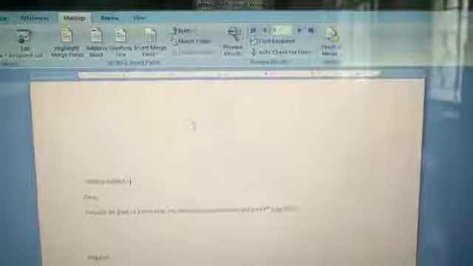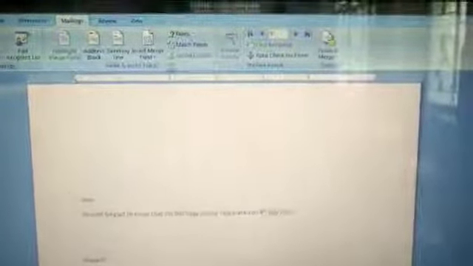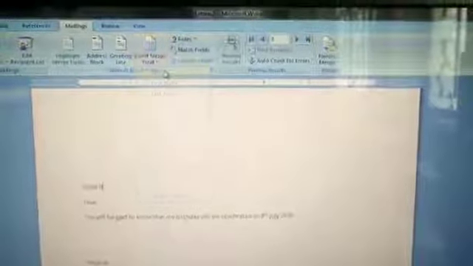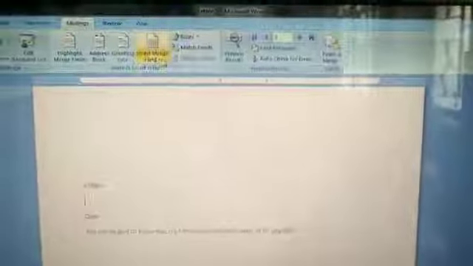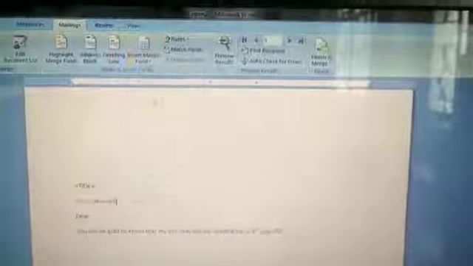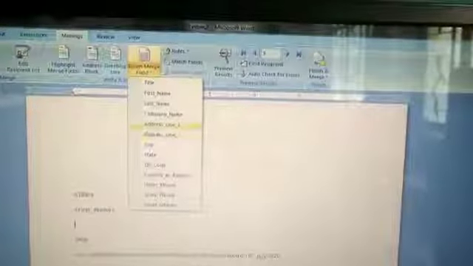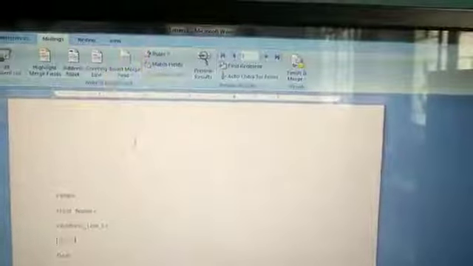This time we will not use the address block. This time we will use Title, enter, First Name, enter, Address, enter, City, Zip Code, and we will click on Finish and Merge, Edit Individual Documents, All records.